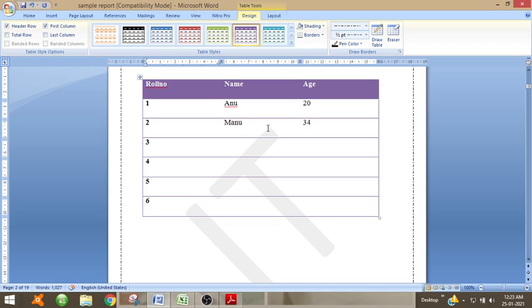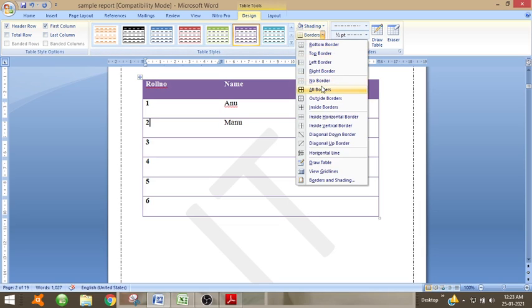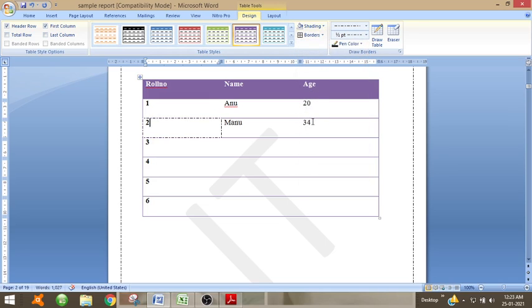Now you can insert rows and columns. So if you want borders, all borders, then you can insert rows and columns. Suppose you want to insert a row: this horizontal arrangement is called rows, and this vertical collection of cells is called columns.